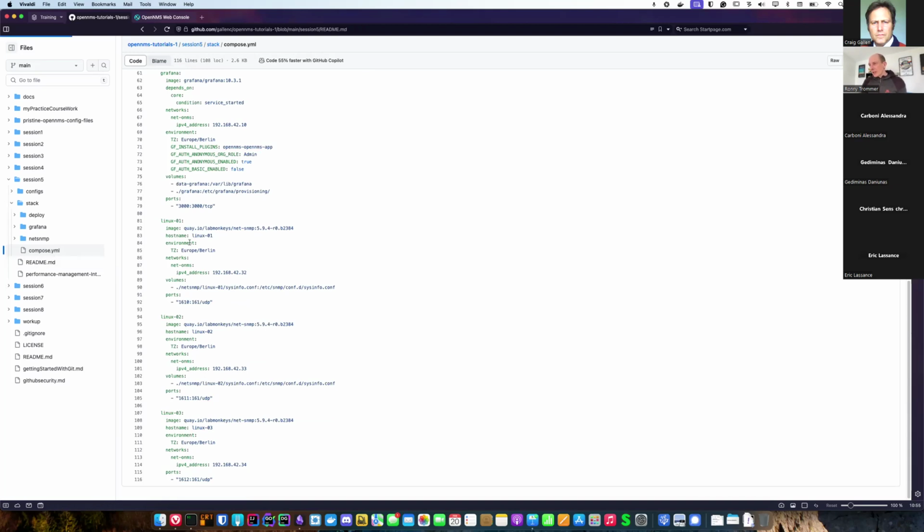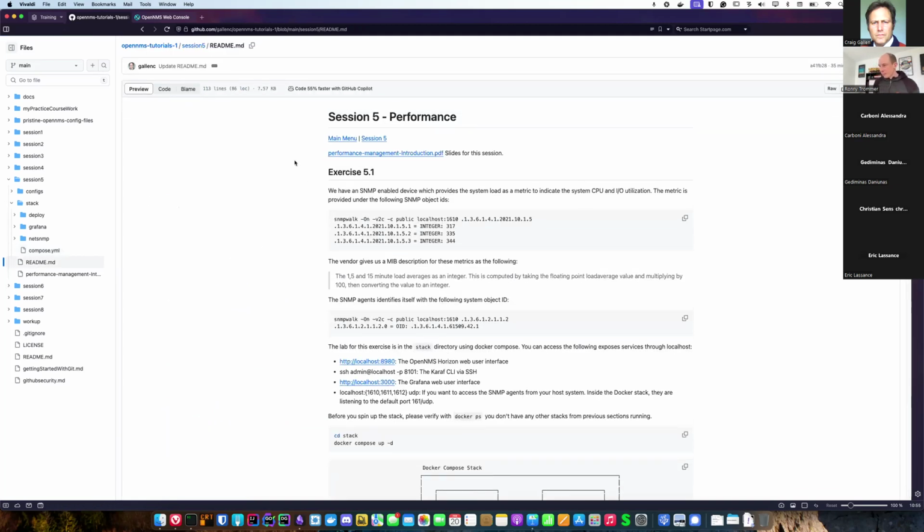Okay, let's go through that exercise. I think we can go through that exercise together first to give you an idea. If you're doing this, you probably don't have Net-SNMP on your PCs, so you would have to log into one of the containers to do the SNMP walk locally.